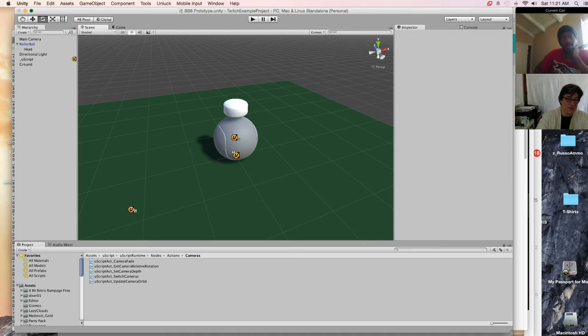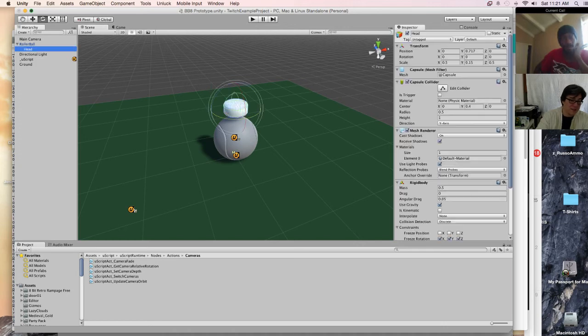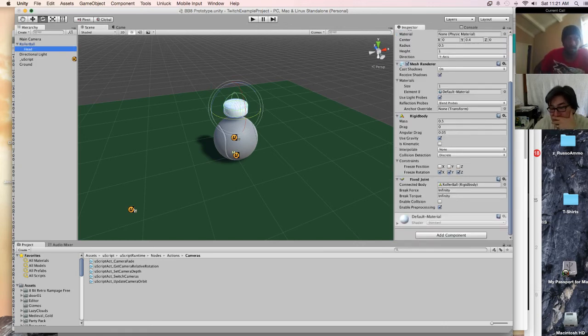Now that I'm looking at it, let's go back to the head. How we would want to use this is, there's no brake force. So a fixed joint, you want to use your brake force as... basically this is something that holds two things together, right? And if I hit it hard enough, they'll separate. Does that make sense?